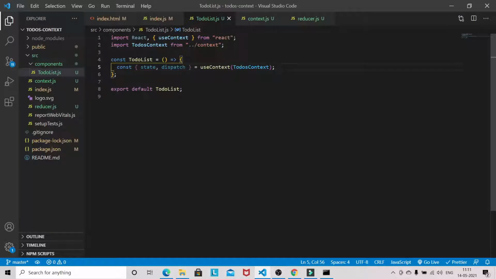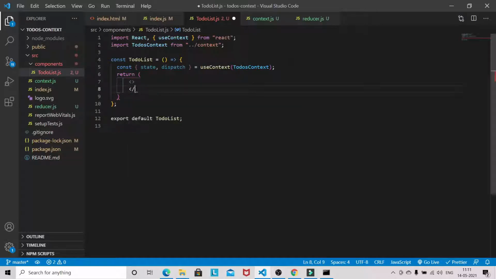Now to show some value, okay, so we can return. As of now, I'm just showing how you can access the value.